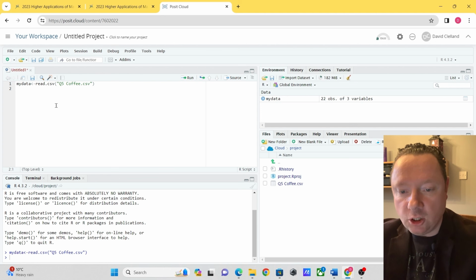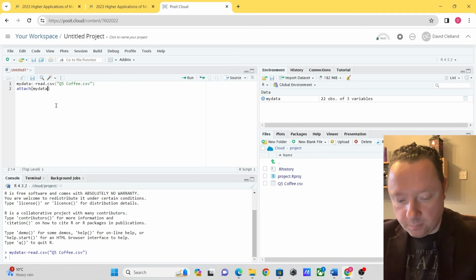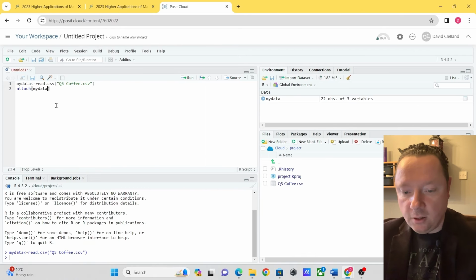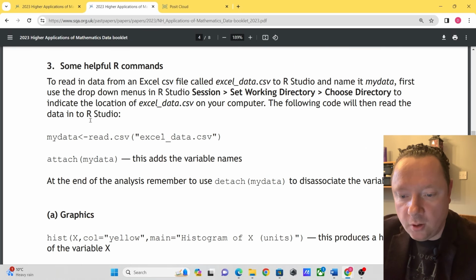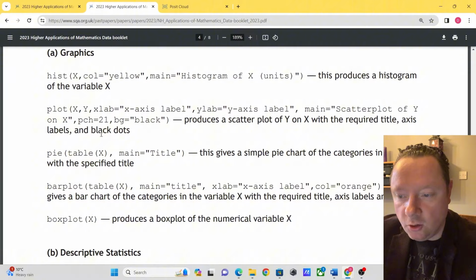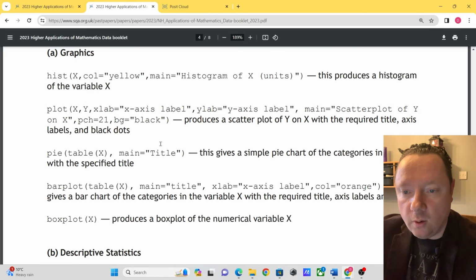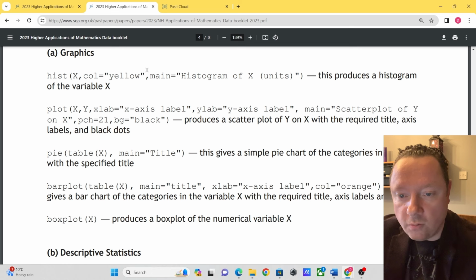So it's attach my data in brackets and enter, and that's us done our attachment. So now we need to plot our scatter plot. So you go back to your data booklet and go down to graphics, and you're looking for the one that says produce a scatter plot. So it's this one here. Okay, so let's go into RStudio and type that in, replacing the X and the Y, of course, with our variables,